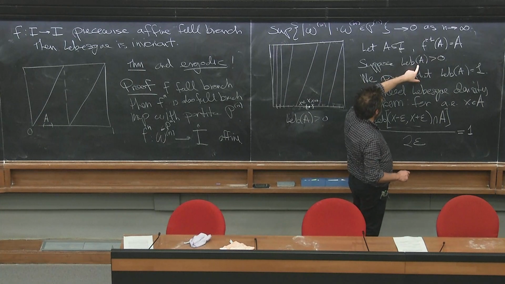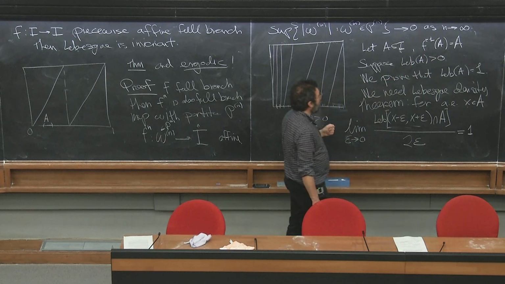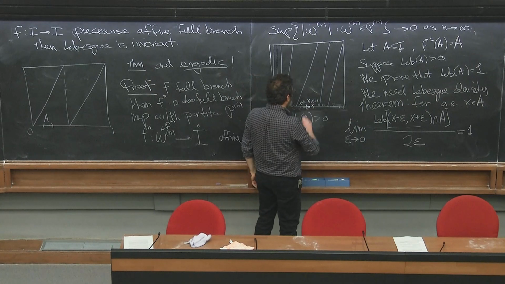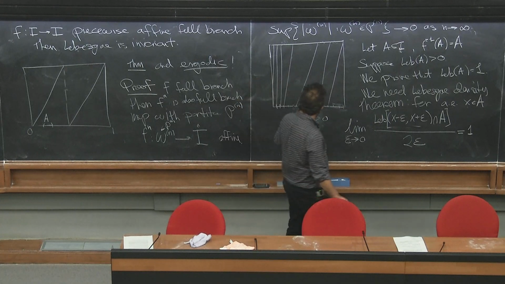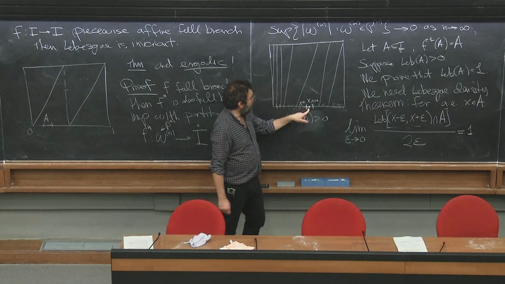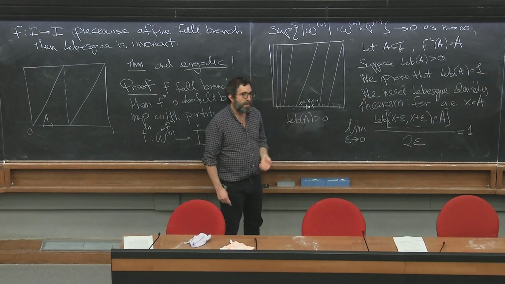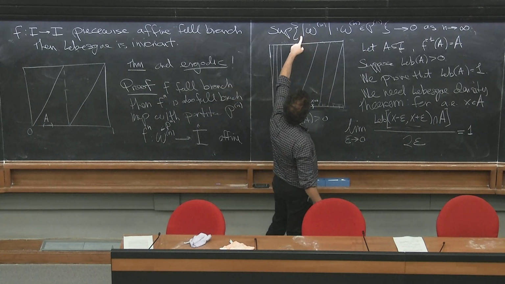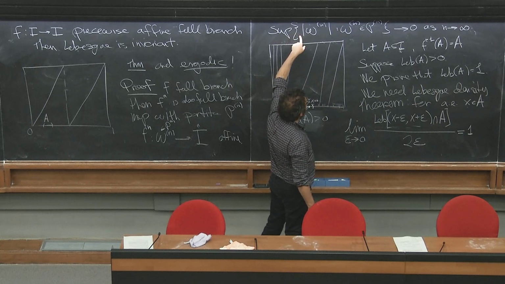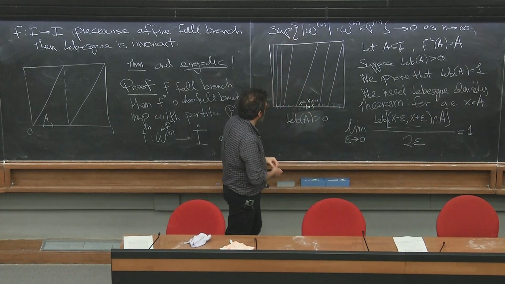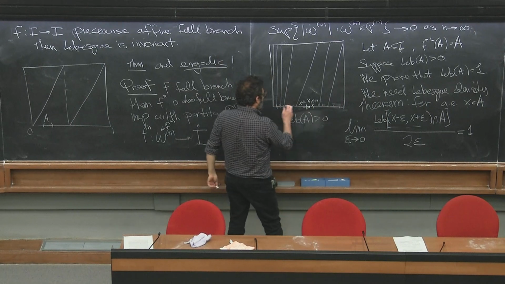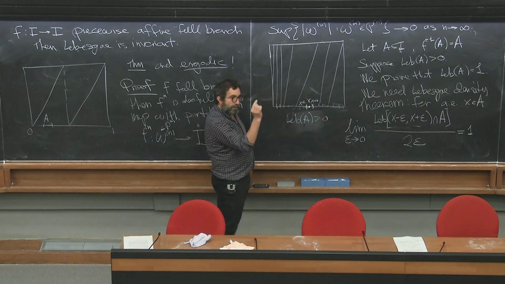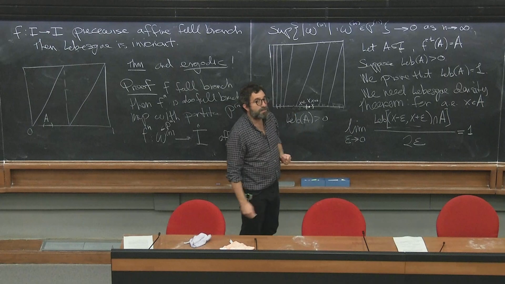So now we have our set of positive measure, and we're going to take a Lebesgue density point of the set. Suppose that this point here is a Lebesgue density point. Once we take a Lebesgue density point, then we know that in a neighborhood of it, 99% of the measure belongs to A. Now we can use the result that says that if you take very large n, you are partitioning this interval into very small elements. The elements omega n are very small.